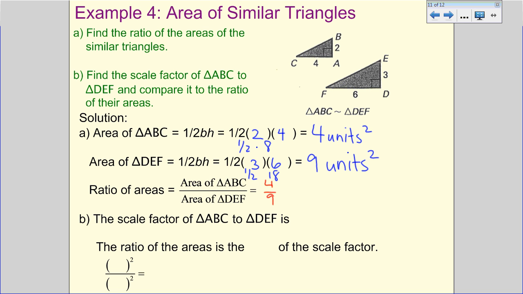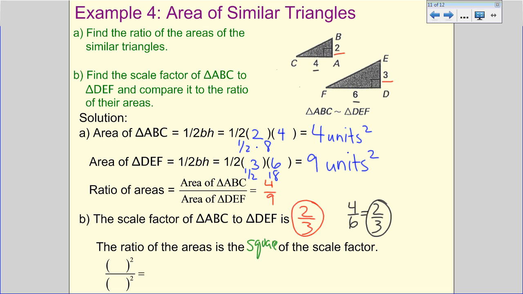What I now need to do is look at the scale factor. That was part B. So the scale factor, if we look at this, we have BA to ED, so we have 2/3. That doesn't simplify. And then we have 4/6. 4/6 is equal to 2/3. So we do see the scale factor is 2/3. So I need to look at the ratio of the areas and how it's compared to the scale factor. It is the square